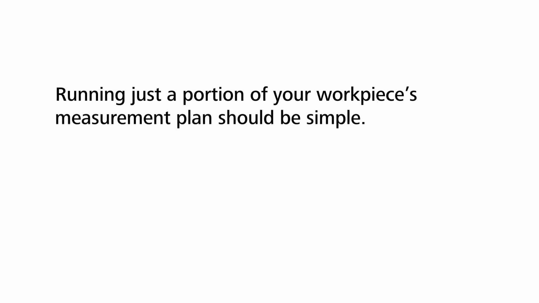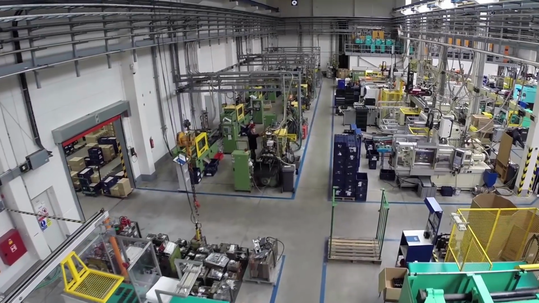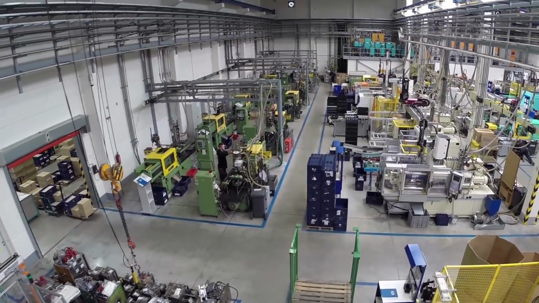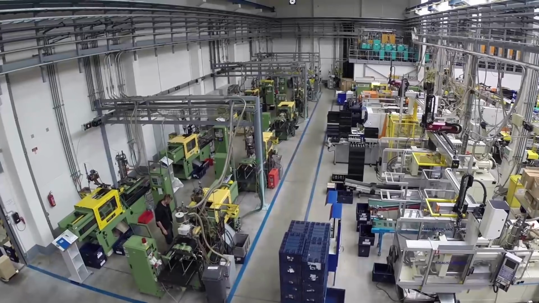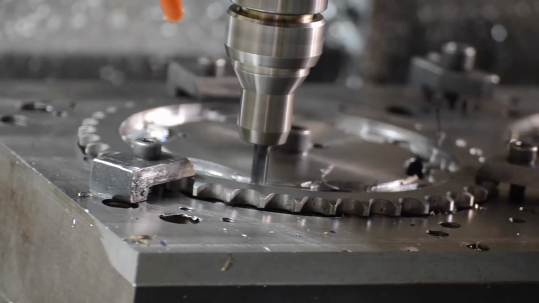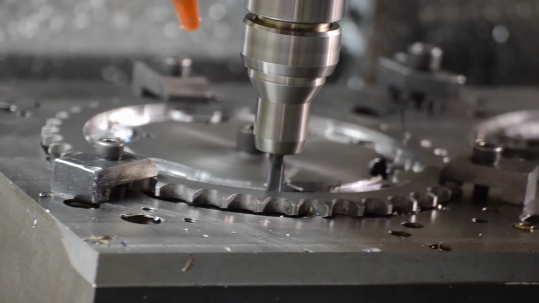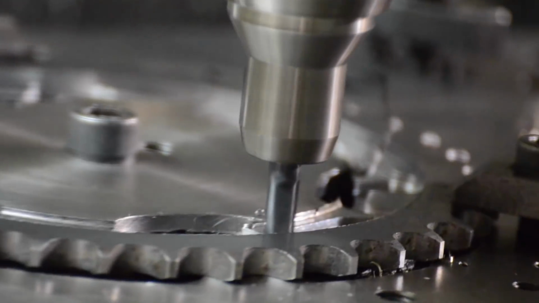Running just a portion of your workpiece's measurement plan should be simple. But in some metrology software, it becomes complicated. In a typical production environment, you must selectively measure critical dimensions or problematic features of your workpiece to improve part quality. Or your workpiece runs through multiple operations and you use in-process inspection to ensure quality at each stage of